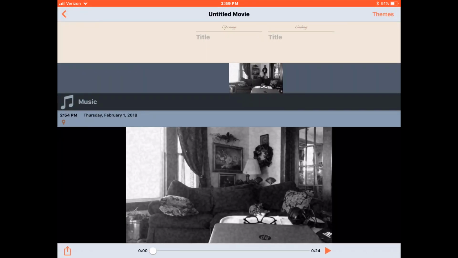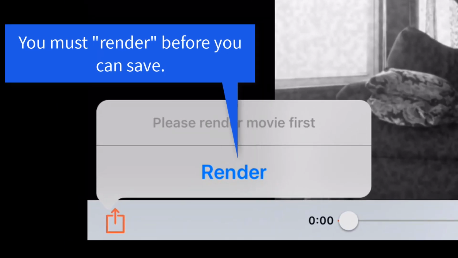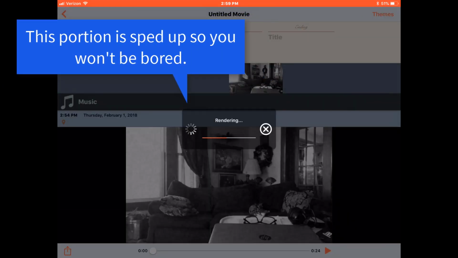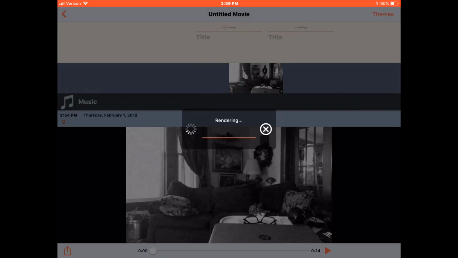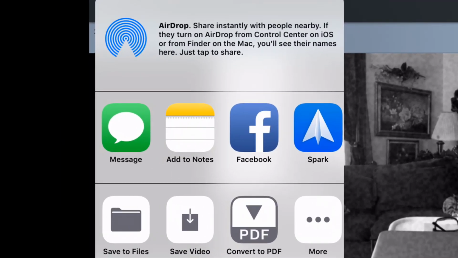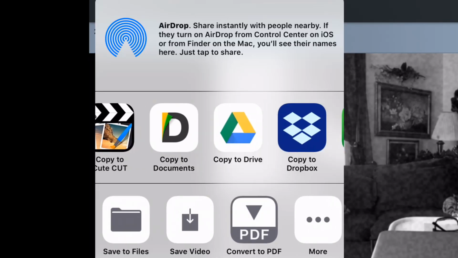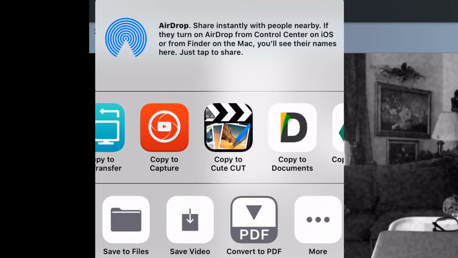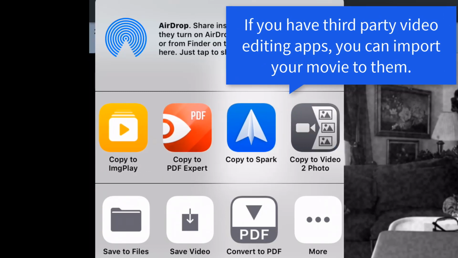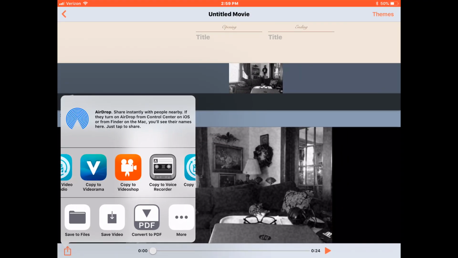If I go into my reels and tap on a reel, I have the option again to go through render, and we're going to go ahead and do that. Once it's done rendering, you have the option of being able to save your video, convert to PDF, or whatever apps that you have access to. And if you'll notice here, copy to Cut, that is another video app that I have on here. I have several video apps that I can directly import this to,